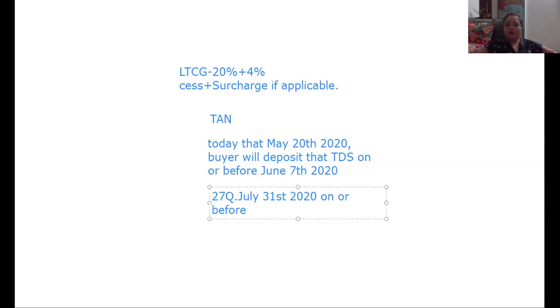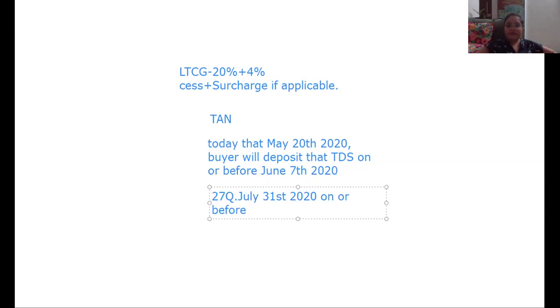Okay, now let's also take a look at how to compute long-term capital gain. In long-term capital gain, the price for which the sale happens has to be indexed. So, sorry, not the price for which the sale happens, the cost of acquisition has to be indexed. So in case of capital gain calculation from a long-term capital asset, what we take is the indexed cost of acquisition and sale price, and then we find the capital gain.